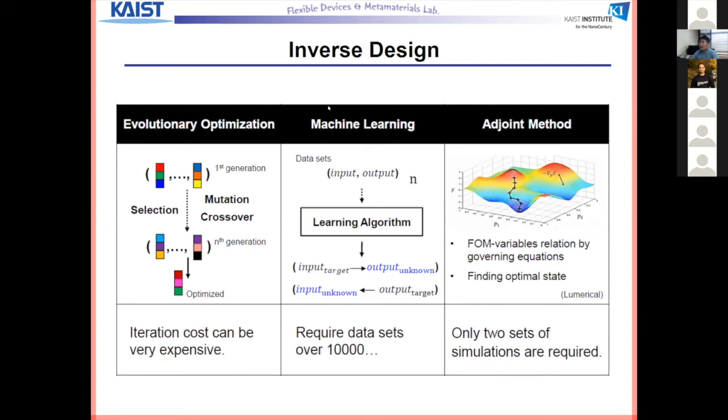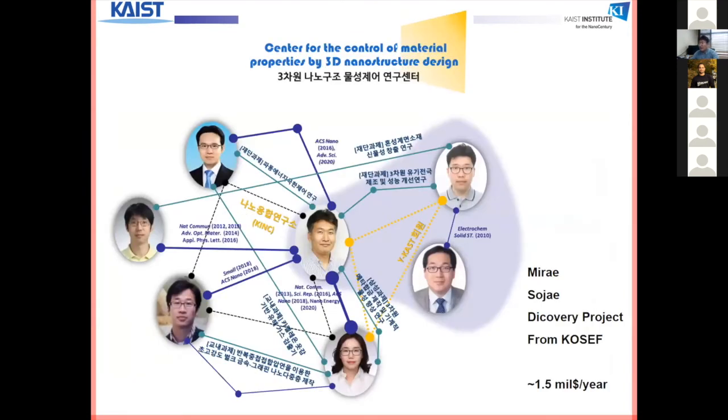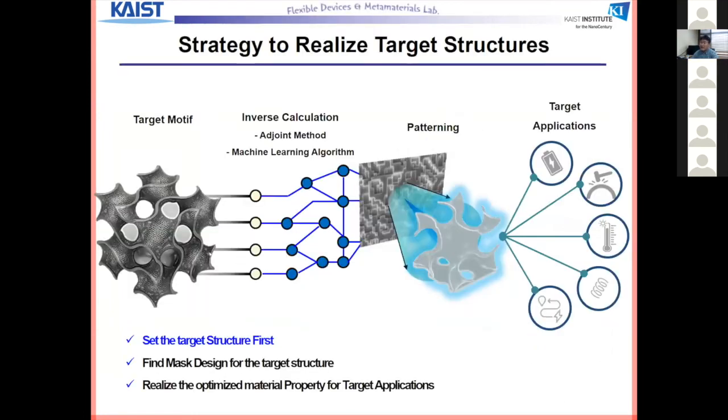And we are also working with professors and postdocs on machine learning too. Currently our center consists of professors in our department and other universities. Actually, this project is about $1.5 million per year. And then our goal is,